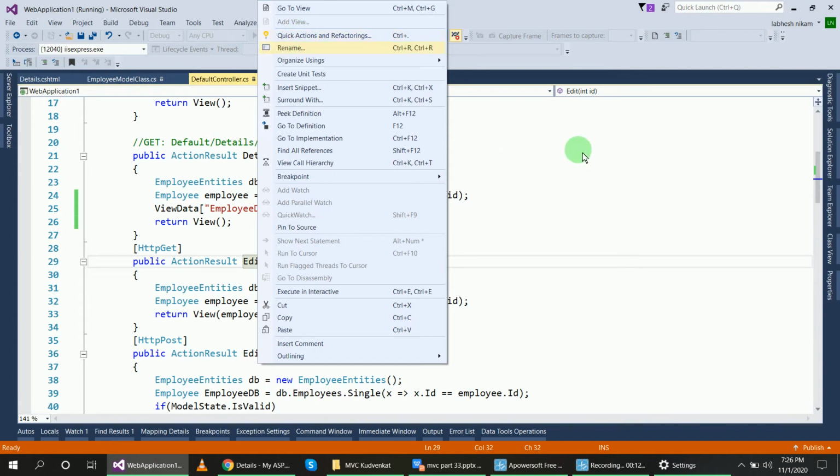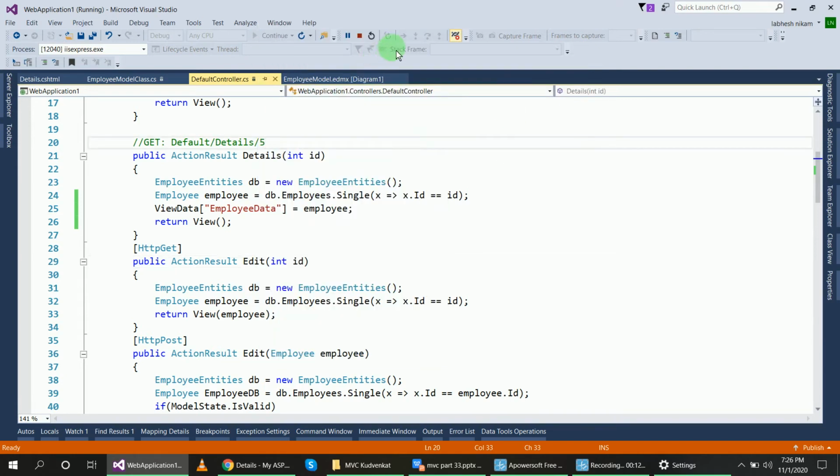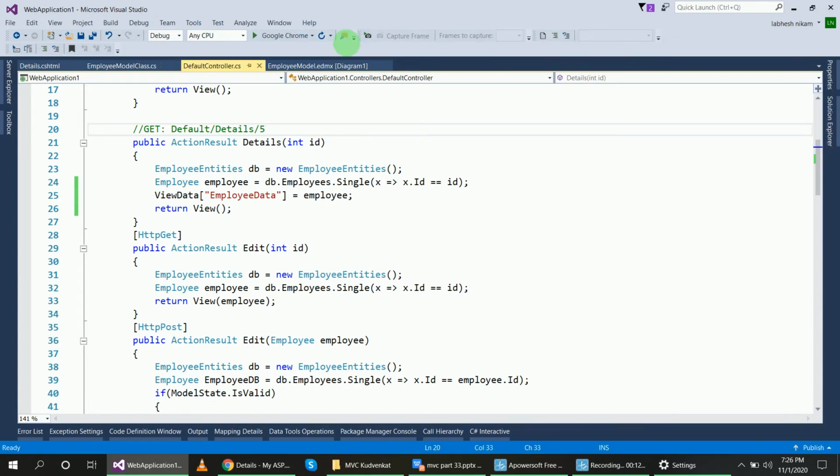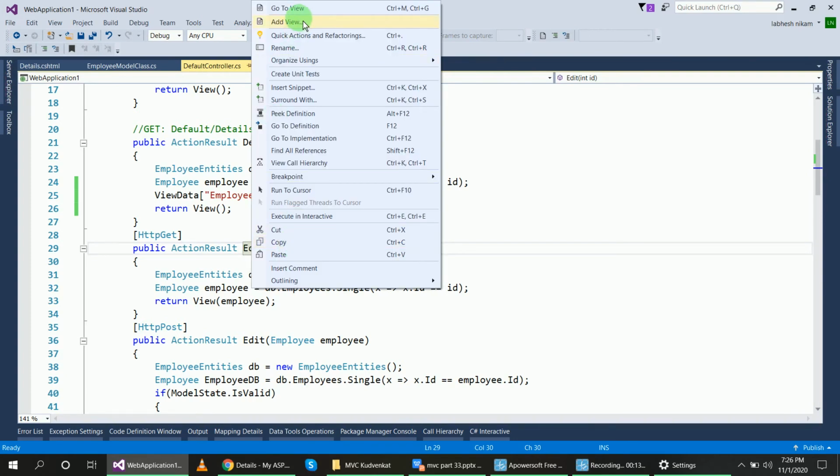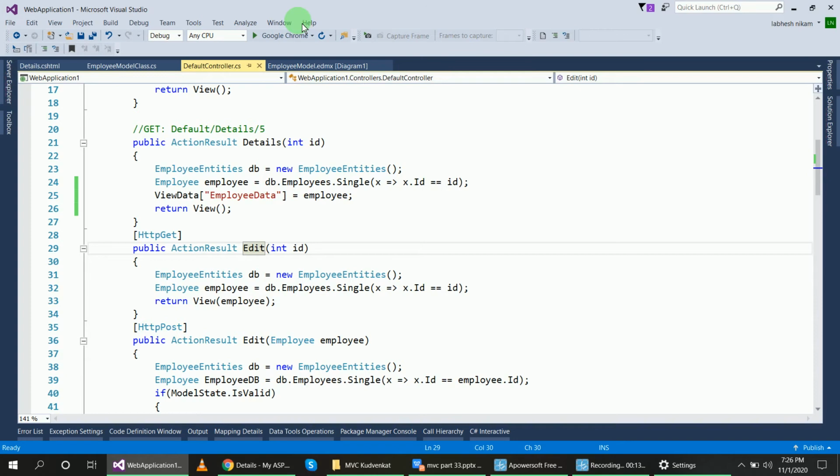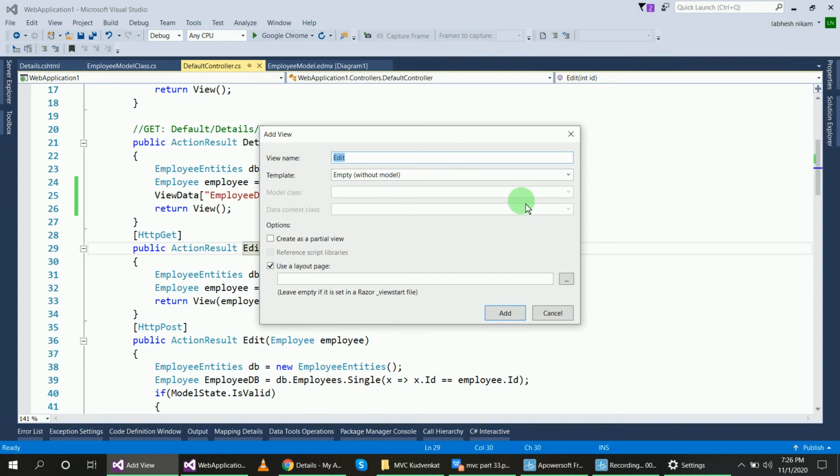Now for edit, I will use only the empty template, so that we can display the editor model property. For the model class, I will use Employee Application 1 dot Model, so this one, and click on add. Inside of the view we will now create the editor model property.